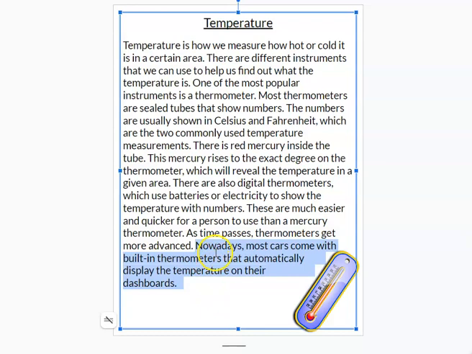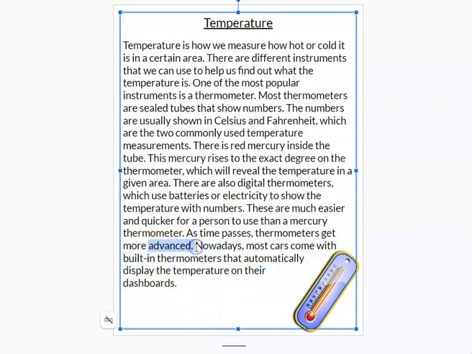Well, they're talking about how things are different today than they were before. And I know the very first car that I had did not have any tools to help me understand what the temperature was. So I'm taking the clues in the sentences and my own personal experience to find out that